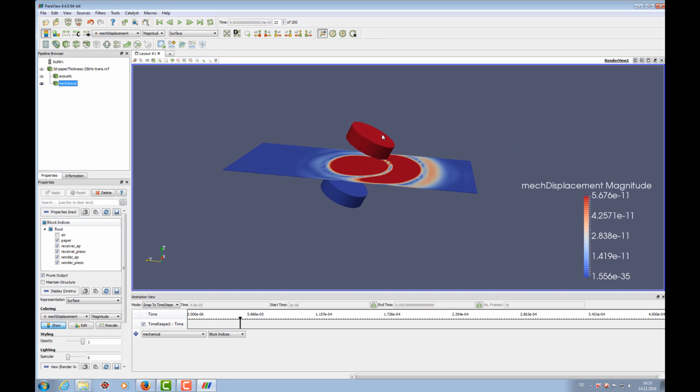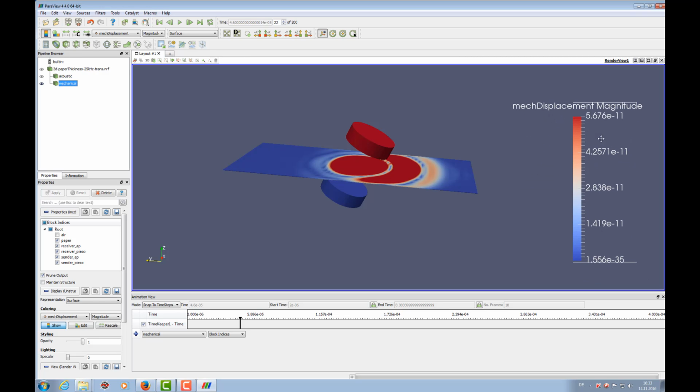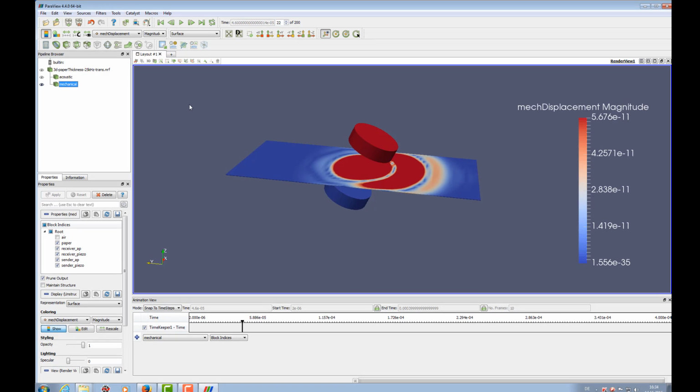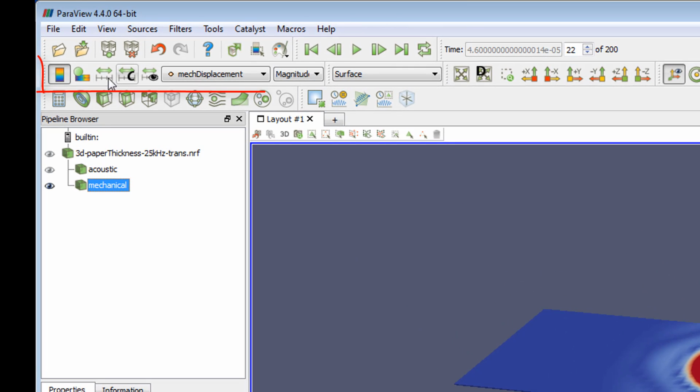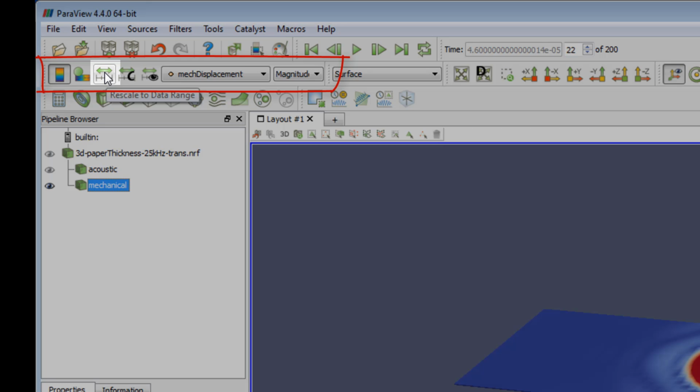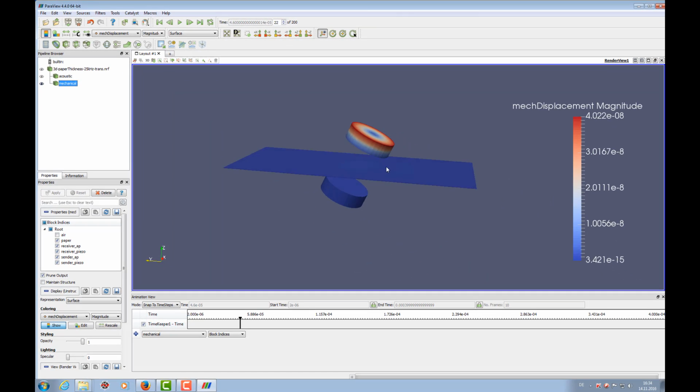Here we can see the current active mechanical displacement magnitude and its value range, and we can see that the results in that time step are much higher than what the color bar currently allows us to see. Therefore, here is the results toolbar, and here's a Rescale to Data Range icon. We just press that, and then everything rescales to the maximum of the